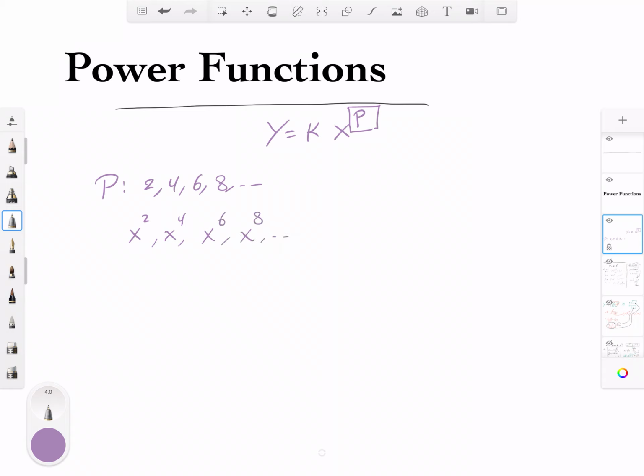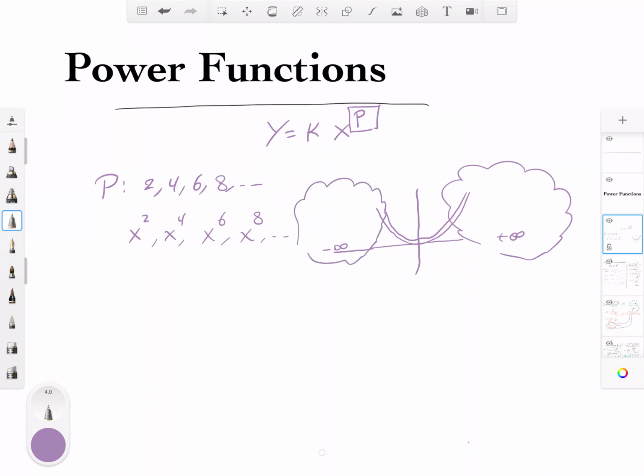If we graph them, x squared is like this, x to the power of 4 might be a little wavy like that, but for the long term, from negative infinity to positive infinity, if you look at the long run behavior, they are behaving the same